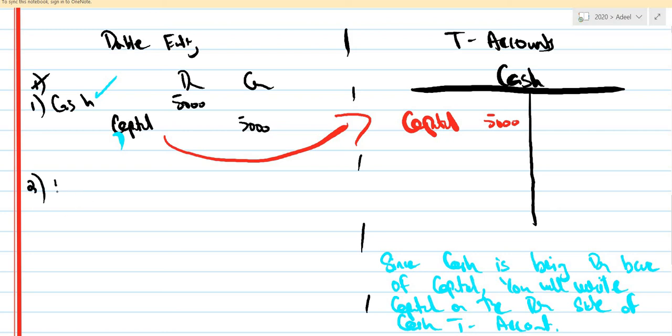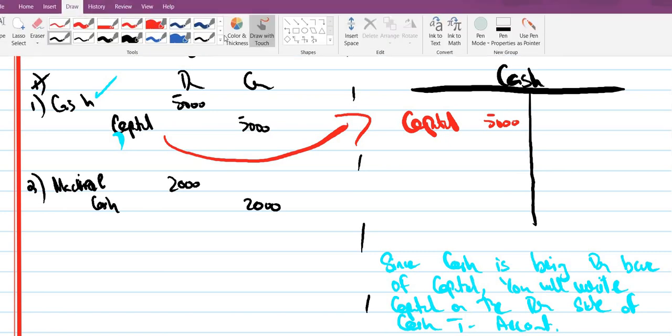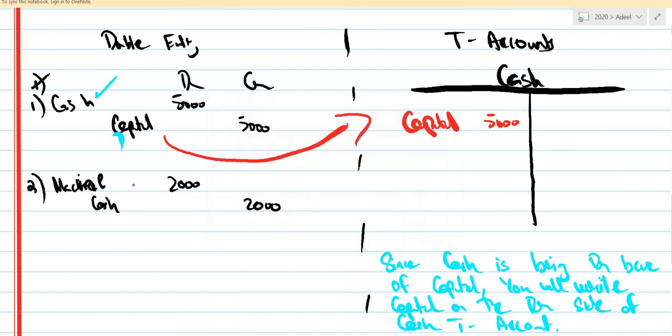So now let's say you bought machine from cash 2000. What is being debited and what is being credited in the double entry? In this second entry, what's written on the debit side, sir? I can't read it. No problem. Machine. Okay. Machine would be debited and cash would be credited. You don't need to solve it. Very good. In the T account, right? Yes. So, since